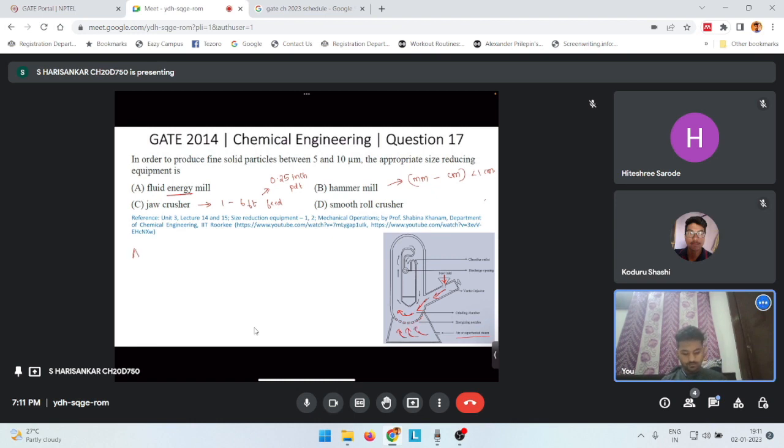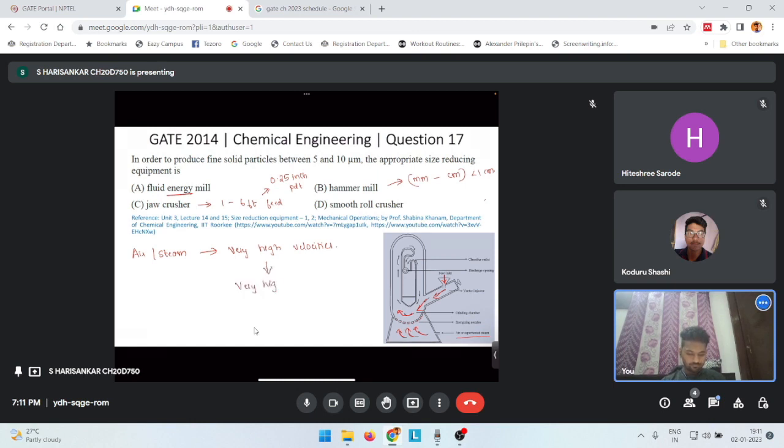So this air or superheated steam is what makes the particles fluidized inside this fluid energy mill. And because the air and superheated steam are passed at very high velocities, this will lead to very high